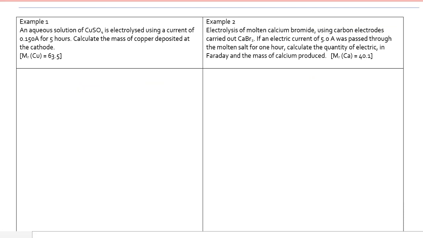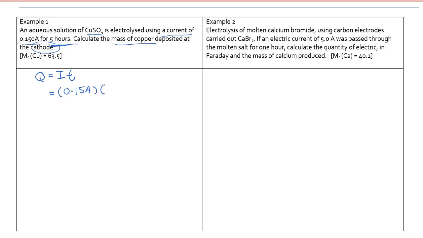Okay, example 1. An aqueous solution of copper sulfate is electrolyzed using a current of 0.15 ampere for 5 hours. Calculate the mass of copper deposited at the cathode. You want to find the mass of copper deposited. So first you calculate the electric charge using this formula. Q equals IT. So I is 0.15 ampere. Time must be in seconds, so 5 hours converted to seconds, you will get